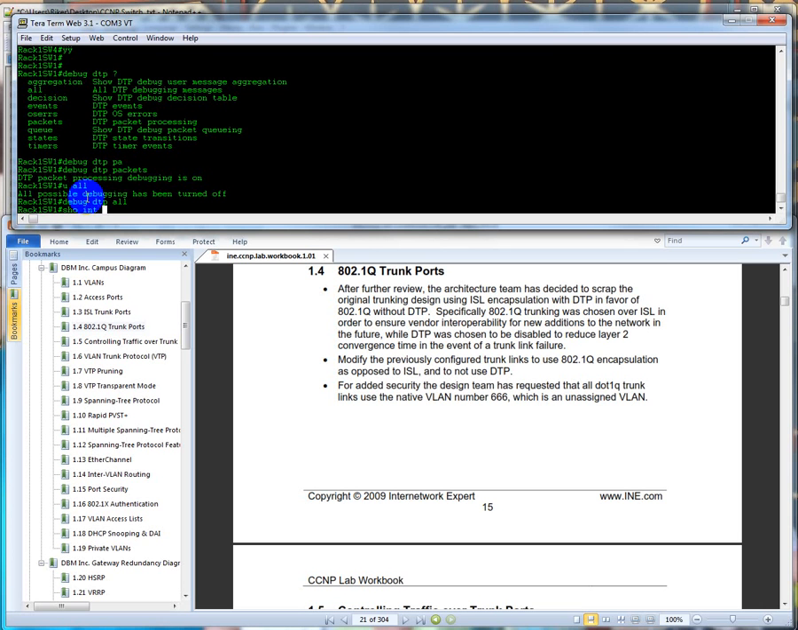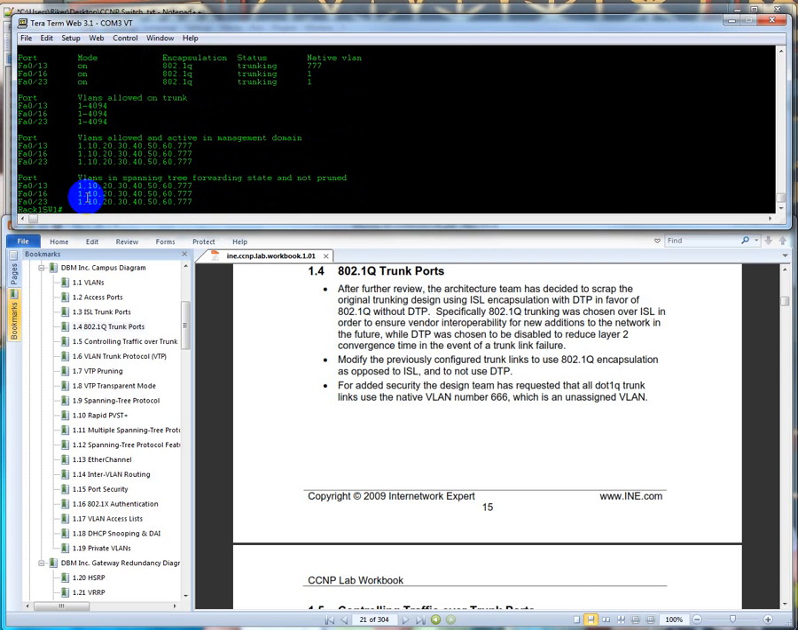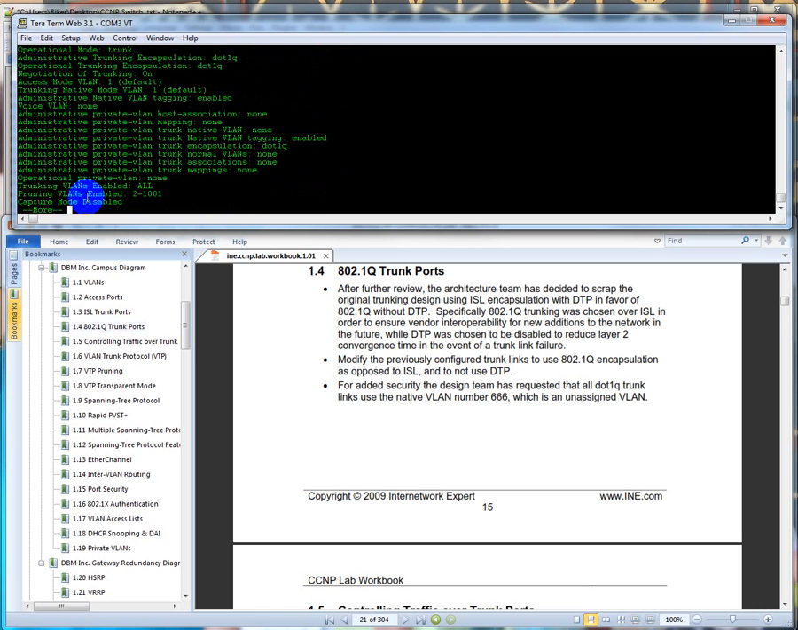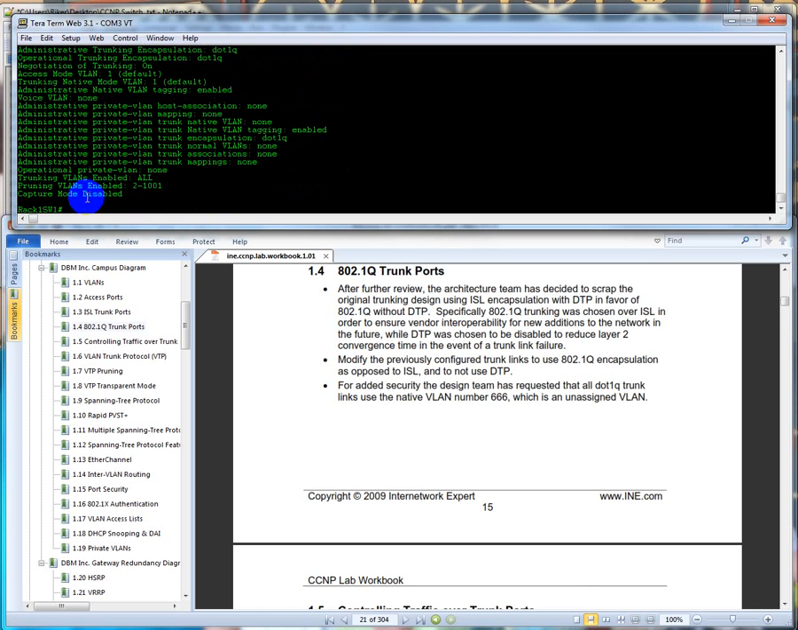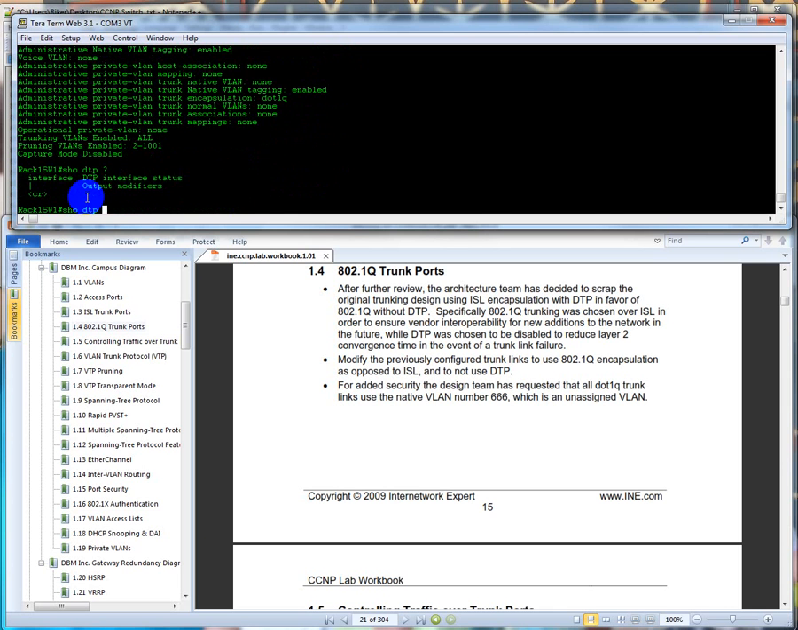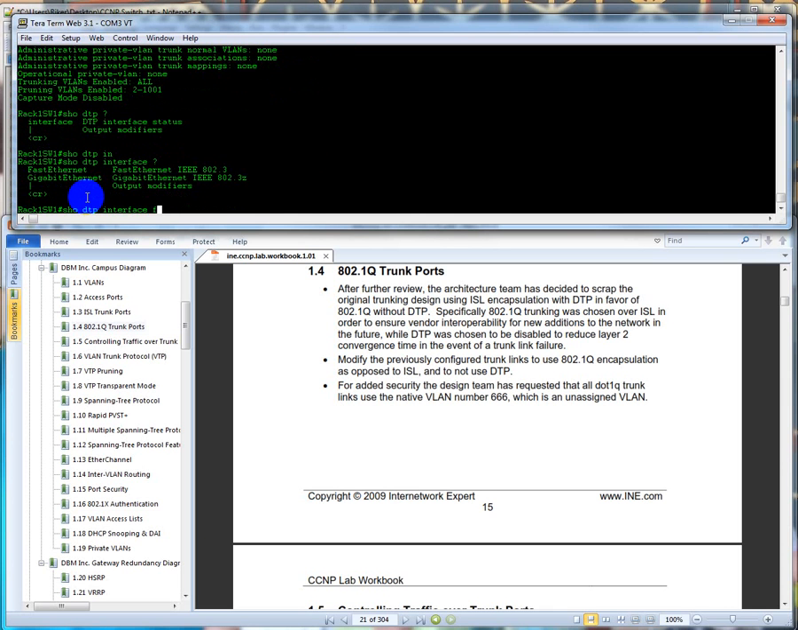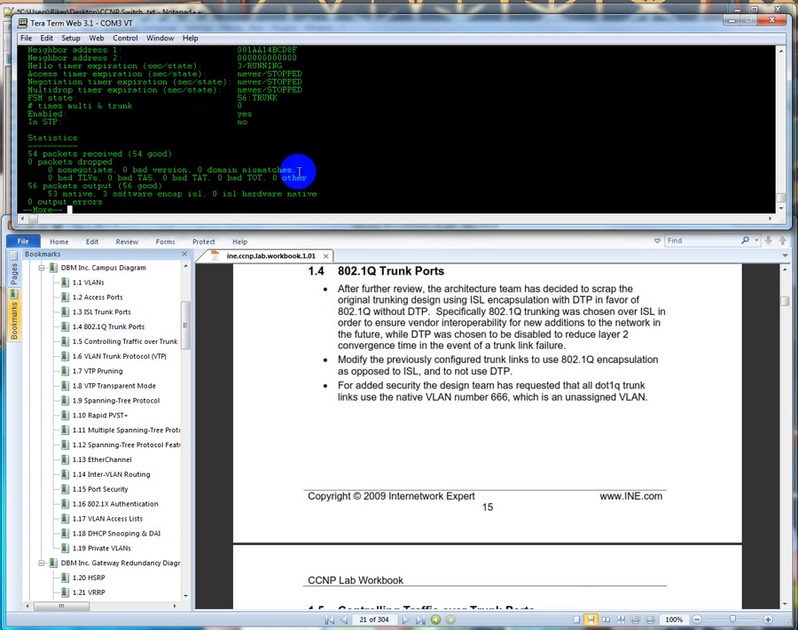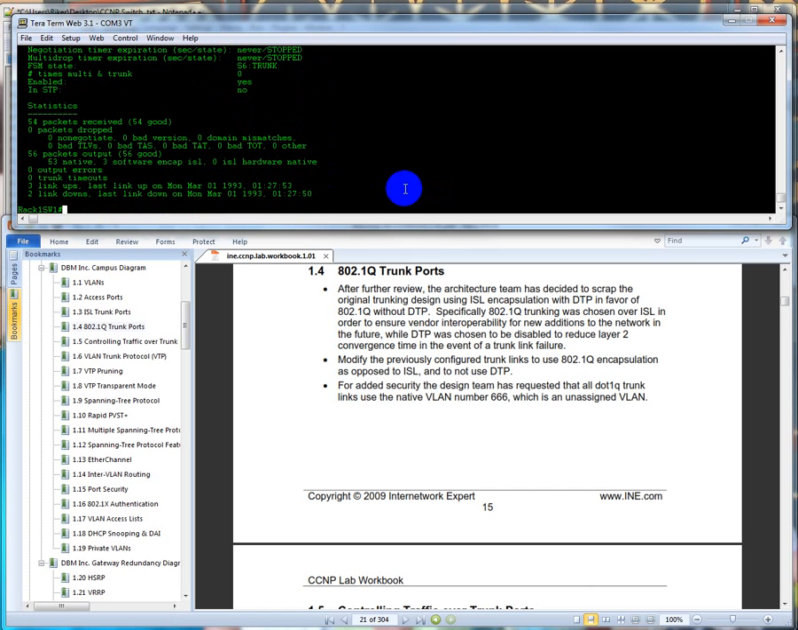Let's do show interface trunk. 16. So we're going to do a show interface fast Ethernet 0/16 switchport. And negotiation of trunking is on. Alright, I was hoping to do a DTP debug, but let's do show DTP interface fast Ethernet 0/16. So basically what this says is